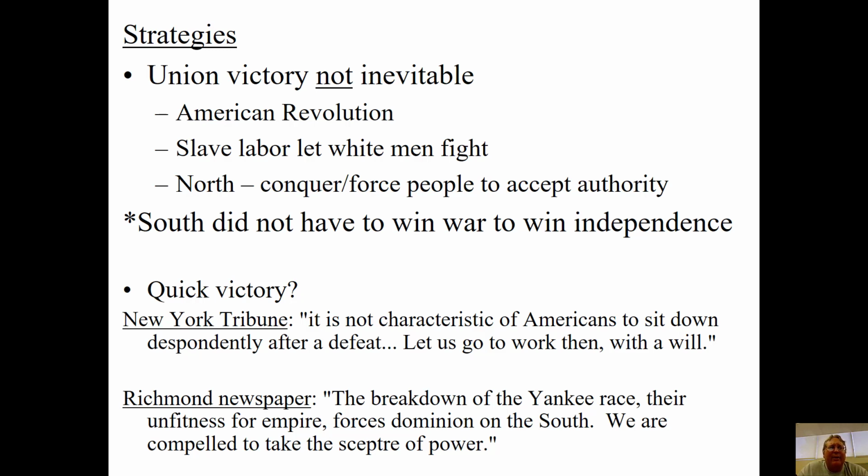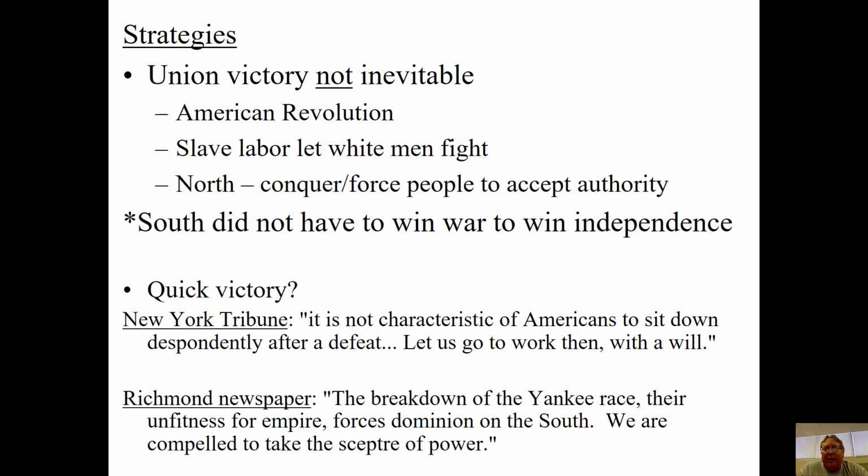And what comes out of the first couple of battles after the firing on Fort Sumter is that they don't go well for the North. But Northerners don't give up very quickly. A lot of Southerners thought, hey, we win the first couple of battles, Northerners will give in and this will be all over. But a New York newspaper summed it up this way: